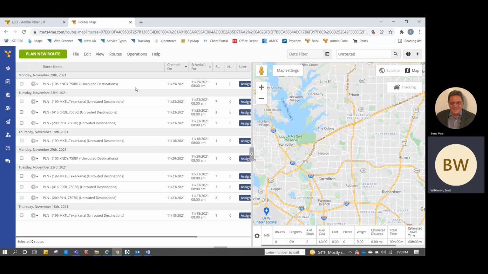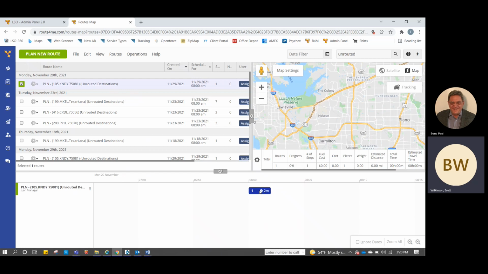If there are any unrouted destinations, you do want to open them up and actually check. By hovering over them, you'll see the stop type as delivery on this one and the time window as 6 to 10:30. Both of those are very important. You want to make sure that none of the pickups are being kicked out of the routing. If they are, we need to push them back. Same thing with the 10:30s. If they are being kicked out of the system, we need to find out why, and figure out what route we're going to insert that into. Once all of that is done,